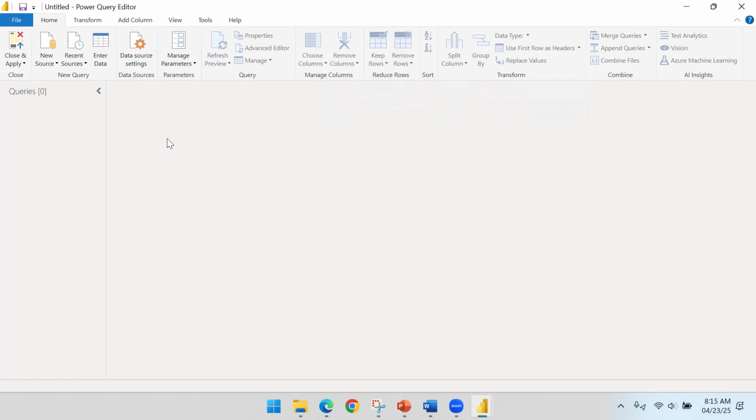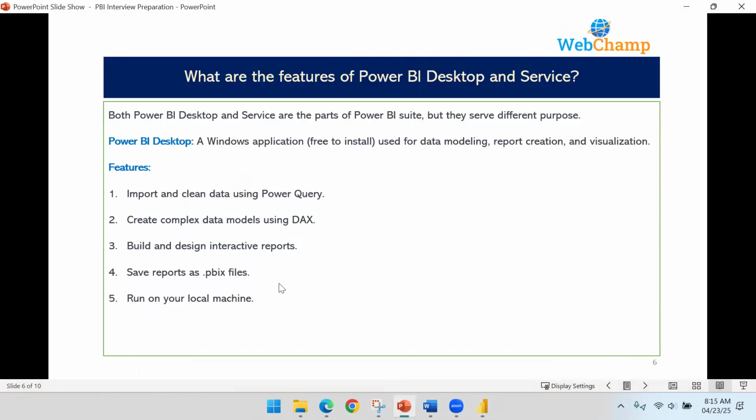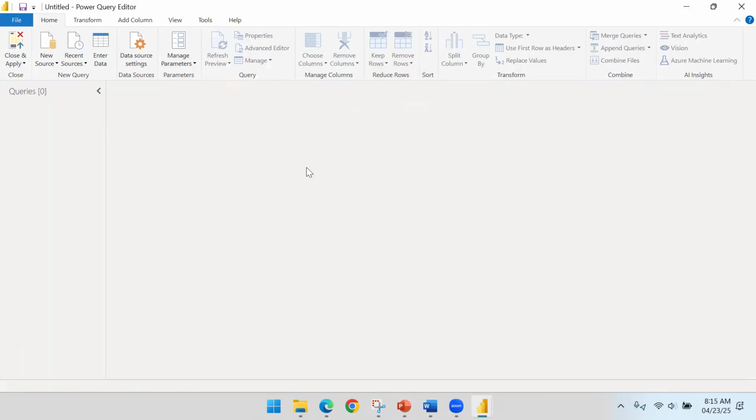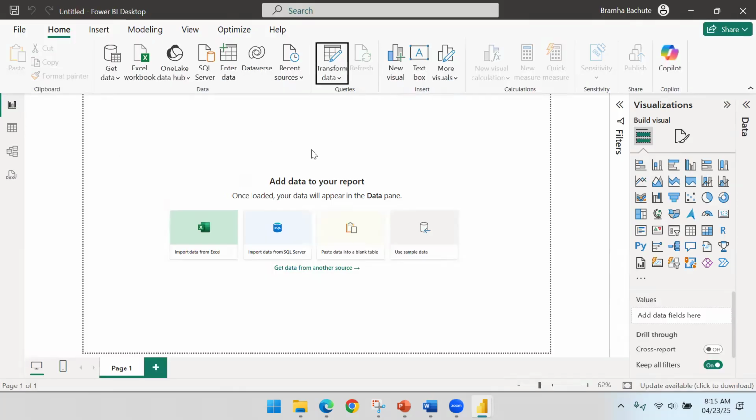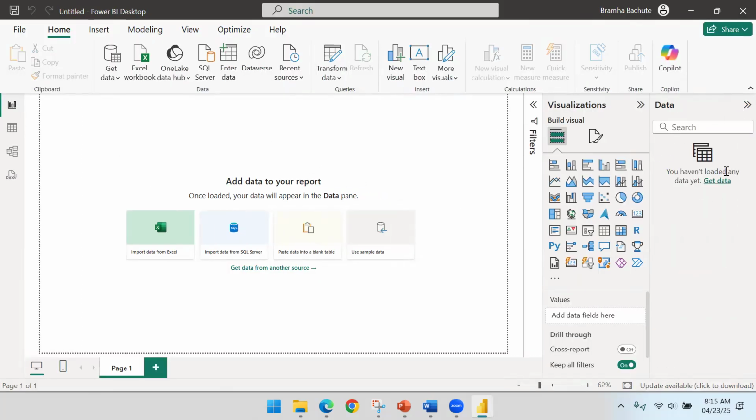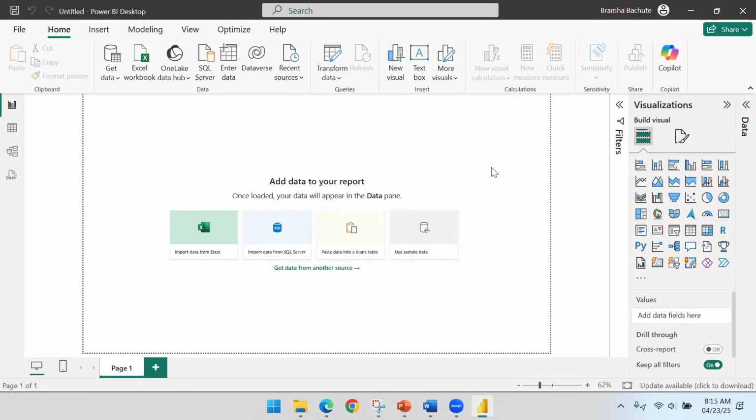Data operations like these are configured in this query editor, basically to clean the data for analysis. Once the data is clean, you can simply say close and apply. It will load the data, and you will be able to see the table here. Once the data is in your bucket,